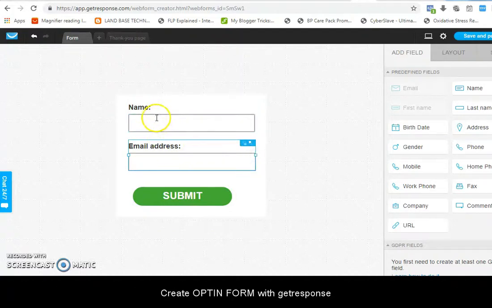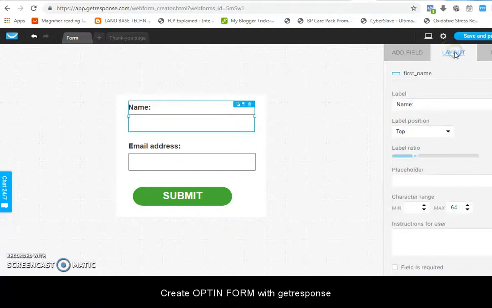Okay, so after I've clicked it, I will click inside now. For example, let me start from this one. I'll click on this one. I'll now come here on the layout. So you see now the name. Look at the name. You can change it and say names, or full name. You can see as I was changing it here, there's an effect, the full name.